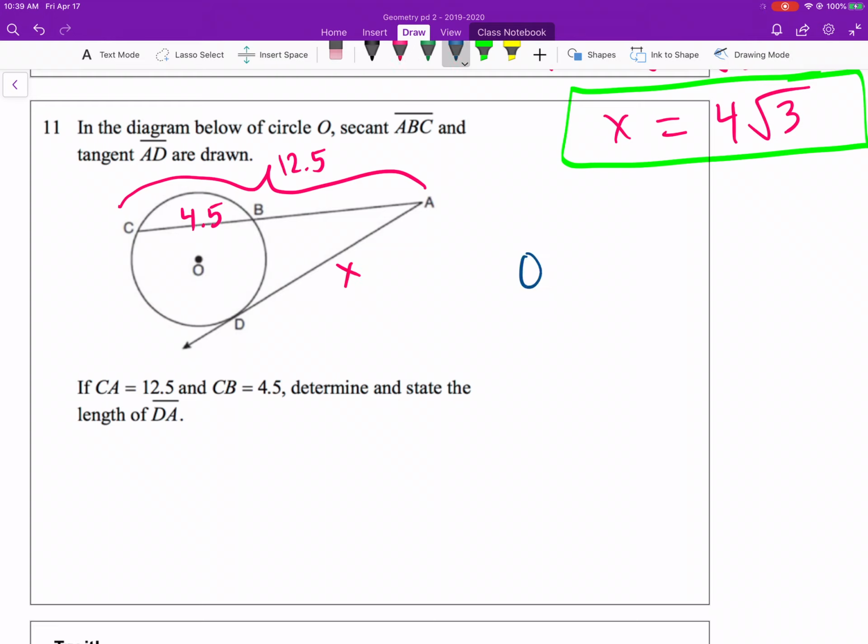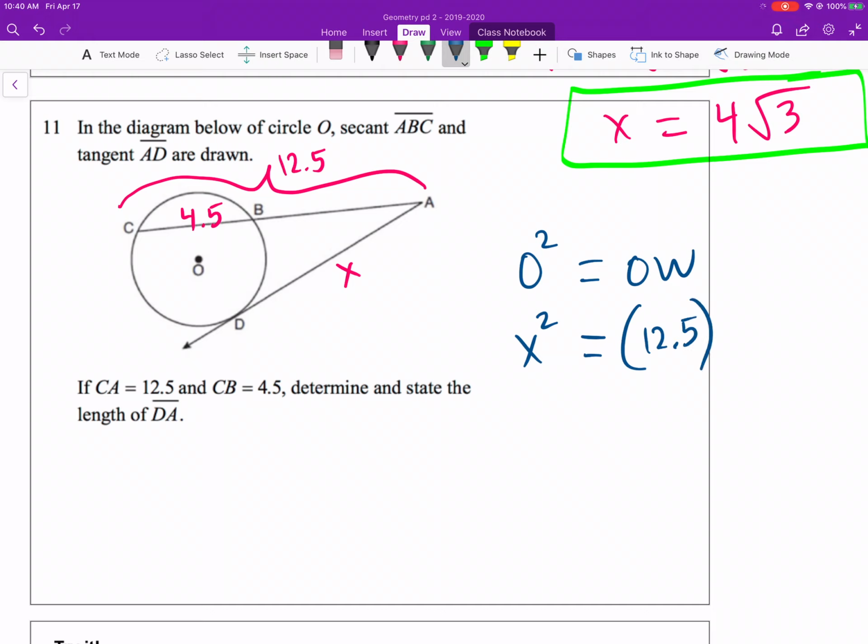So you write your rule, right? O squared equals OW. Why did we write that? Why didn't we write OW? Because that's when we're working with two secants. Right now we have a secant, hits the circle twice, and a tangent hits the circle once. So then we write O squared equals OW. Alright, O squared is equal to, right, that's your tangent, so this is x squared again. It could have been a number. If they give you the tangent, that'll be a number. That's equal to the outside piece, which is 12.5,